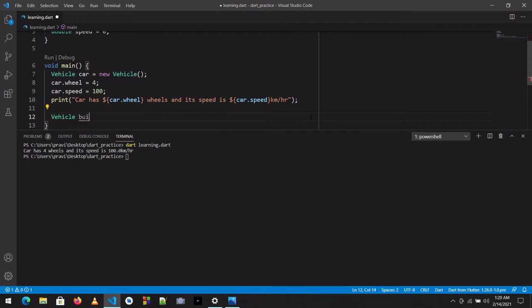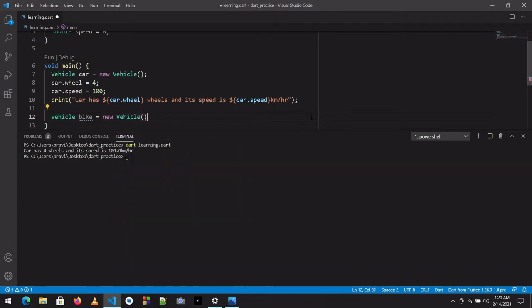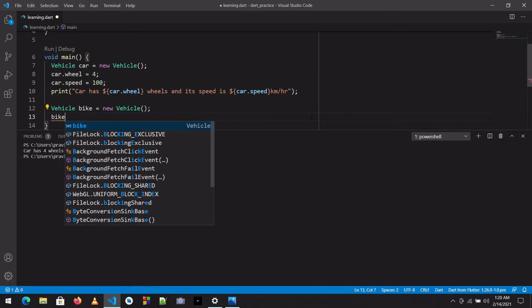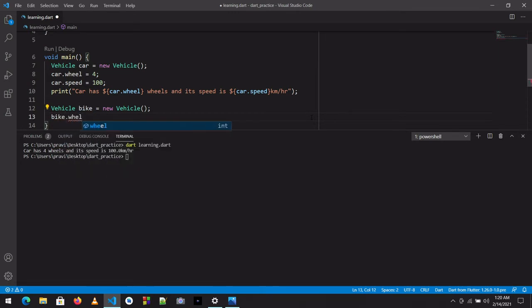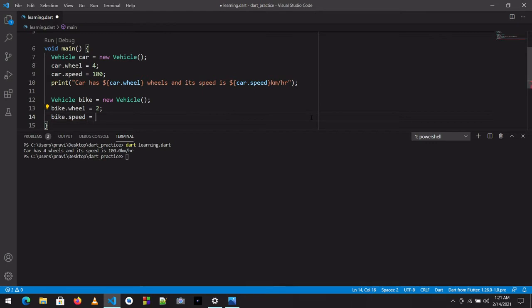For example, bike equal to new vehicle. So we created a new object bike, and I want to give the bike wheels. So bike dot wheel equal to 2, and I want to give the bike speed equal to 80 kilometer per hour.